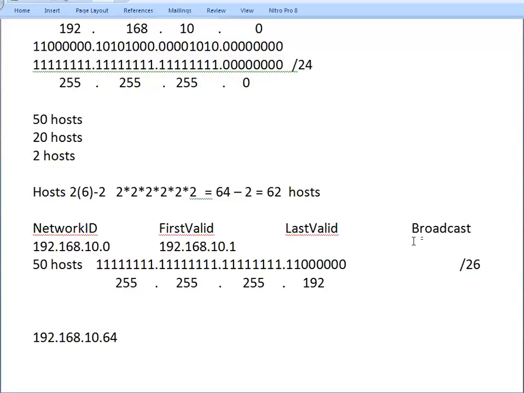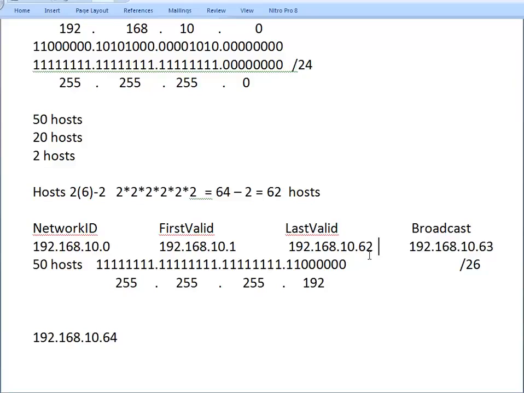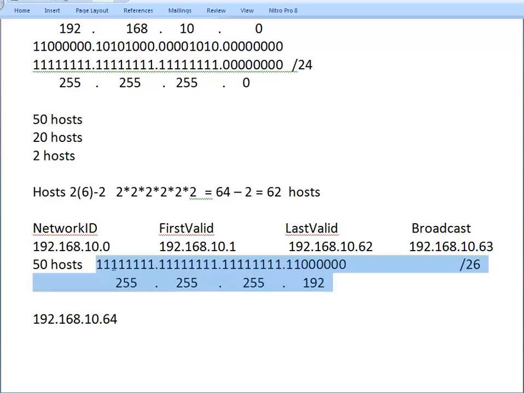So let's write down 192.168.10.63. Last valid is the broadcast minus 1, so 192.168.10.62. Okay, we just found the first network for 50 hosts. That's the network ID, that's the first valid, that's the last valid, and that's the broadcast. For the second network, we need 20 hosts, right? I'm going to copy this stuff